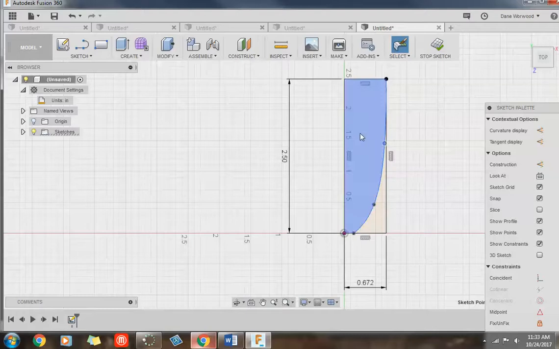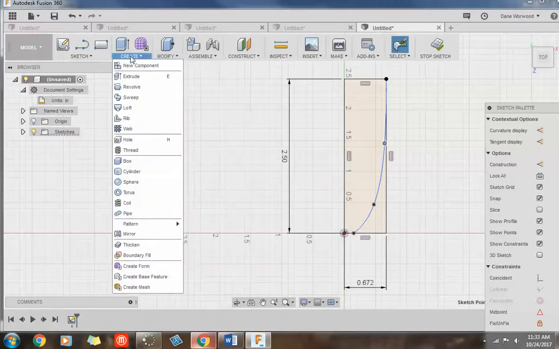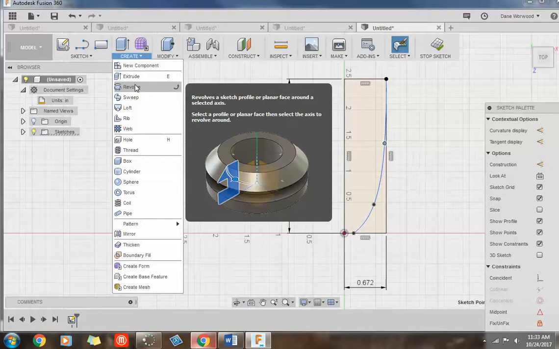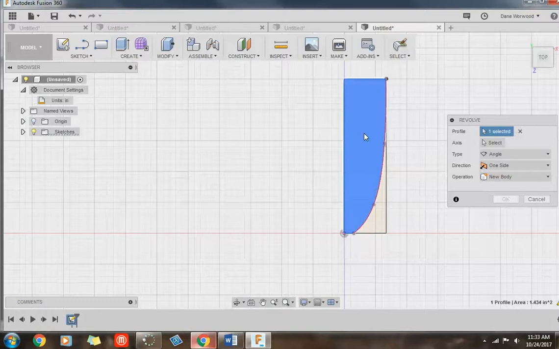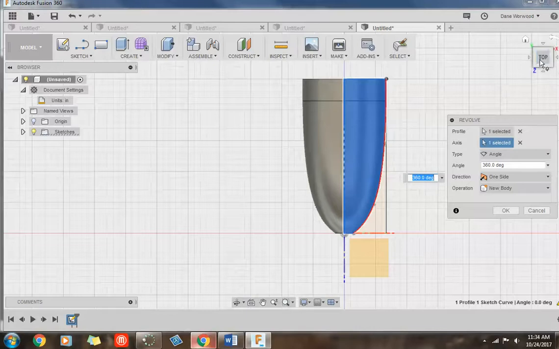Now we're going to revolve the shape here that is blue. So I'm hovering over it. This is what we're going to revolve, and it's going to make a projectile. So go up to Modify, Create, Revolve. Okay, my Revolve tool showed up over here on the right. It says to select the profile. So I'm going to click on the profile that I want to revolve. Now I want to do an axis. So I click on this, select an axis. I'm going to click on this line right here. Once you do that, it's going to revolve it